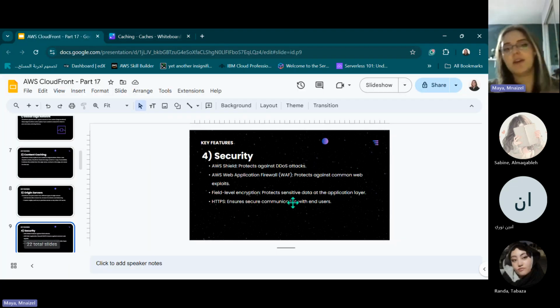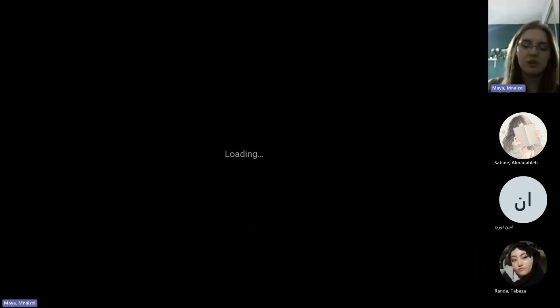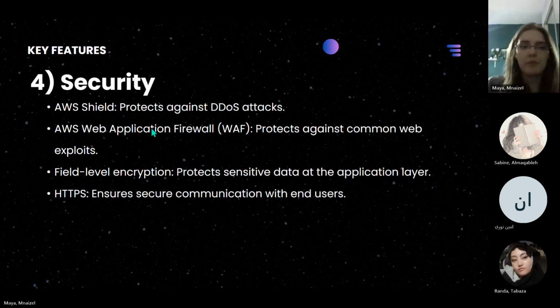Those are the most common exam questions, so be careful, guys. And we have what's called a web application firewall, WAF. It protects against common web exploits like SQL injection, and maybe man in the middle. WAF is going to help you. Both of these, AWS Shield and AWS WAF, are AWS services that can integrate with